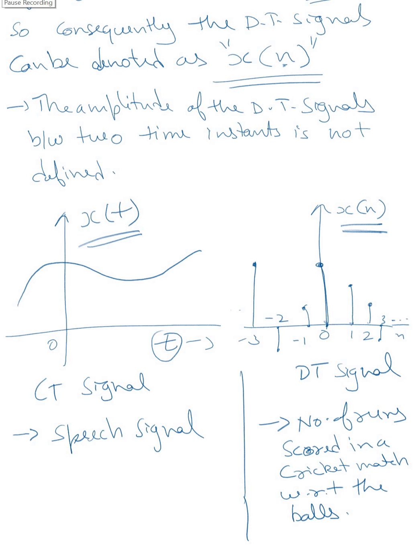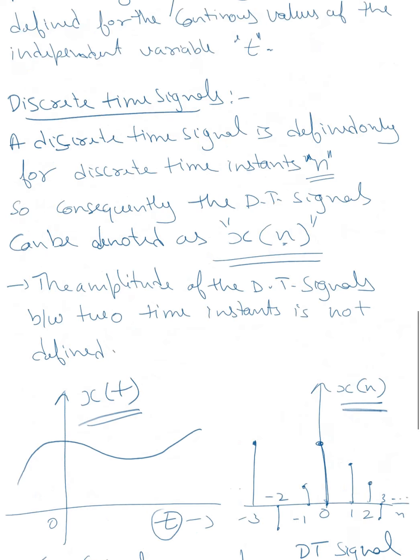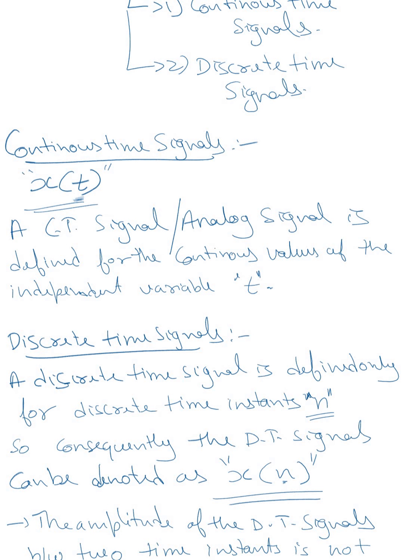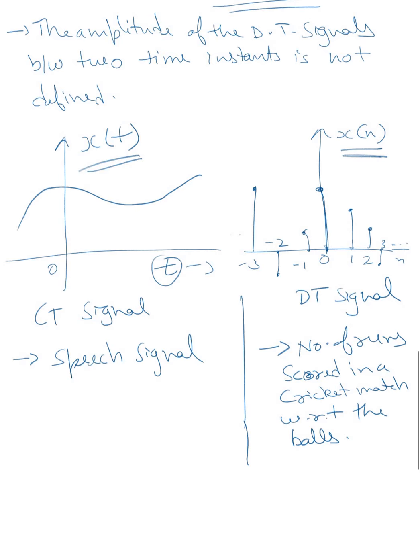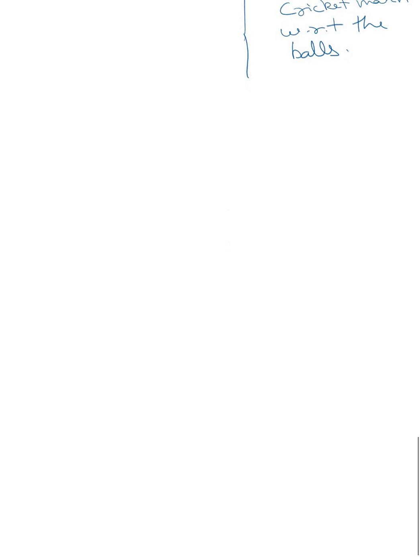So this was the broad classification of signals, which is continuous time signal and discrete time signal. The difference between the two is that in case of a continuous time signal, the independent variable time t is continuous in nature or has infinite values. On the other hand, in case of a discrete time signal, the independent variable n has a discrete set of values. Moving on, let us see some transformations of independent variables and how they affect the signals.